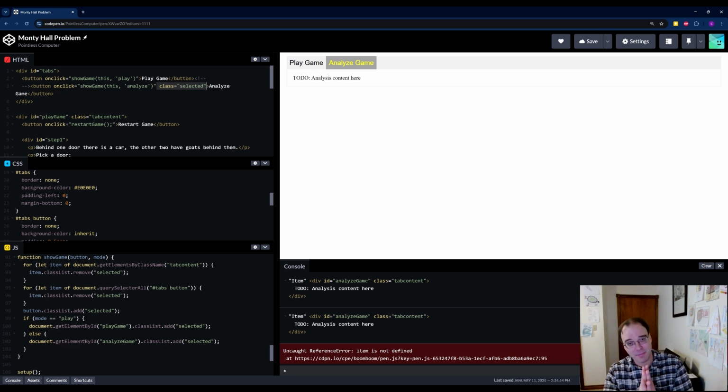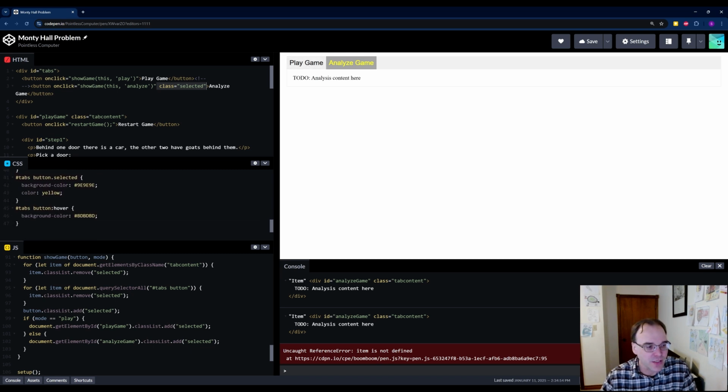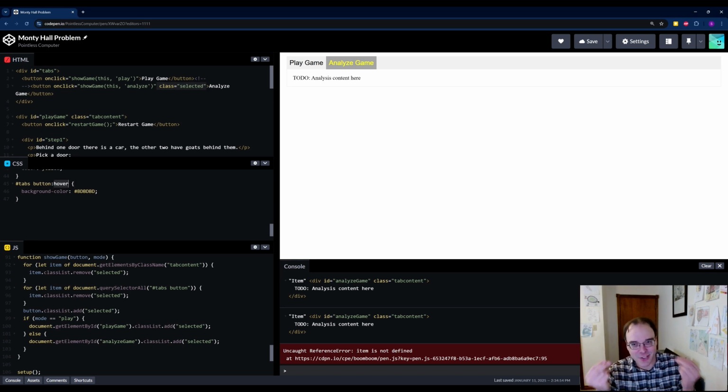And the third thing that I called out in red text was the pseudo class hover. I mentioned it gets added, as if it just adds something to the list of classes when you hover over something. So when I hover over this play game button, and I'll scroll down here to this button hover here, this is a pseudo class. It uses that colon. It's a lot like a class, but again, pseudo class means fake class. It does real things, but it never gets added to the class list. So what do I mean by that? If you hover over here, it's as if the hover pseudo class got added to your button,